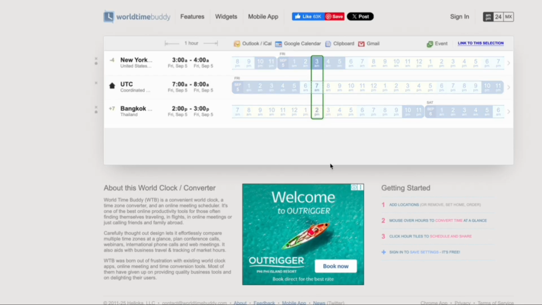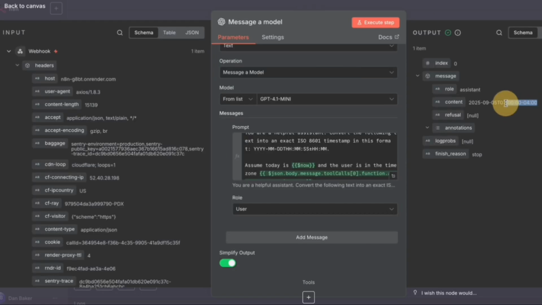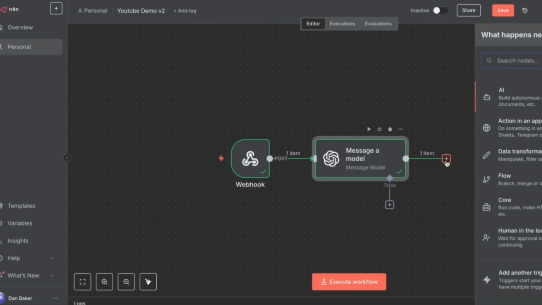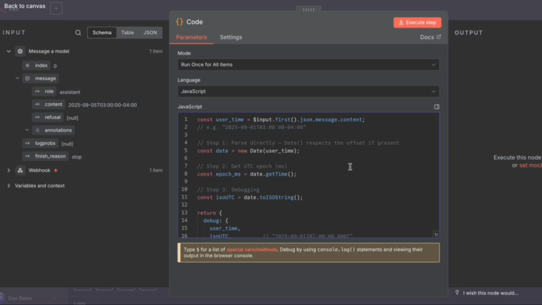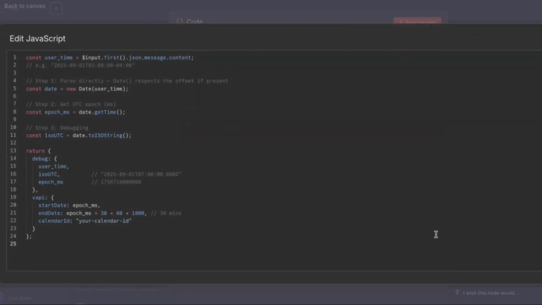I really recommend this. And we can see that New York over here, it's -4 hours from UTC, and that's what we got here, -4. Great. So now that we've got this string, we're going to create a code node. And here, I'm just going to paste the script for now to keep the video short. I have another video where I focus specifically on how I create this time zone converter and walk through the script and all the details. But for now, just to keep things brief, I'm going to copy and paste my script,